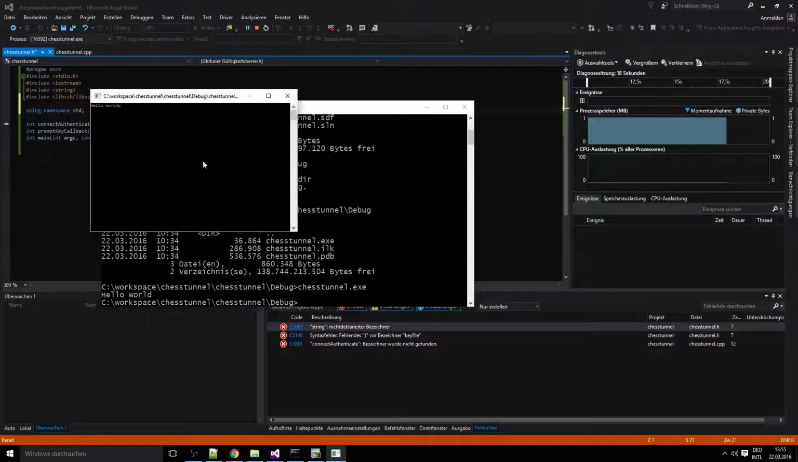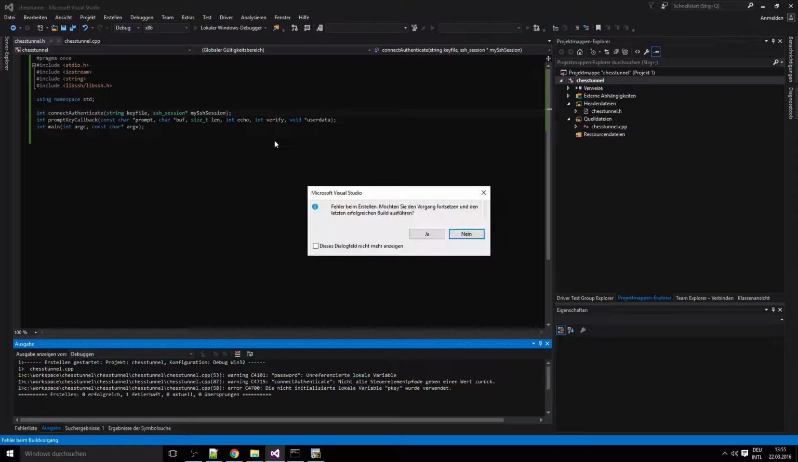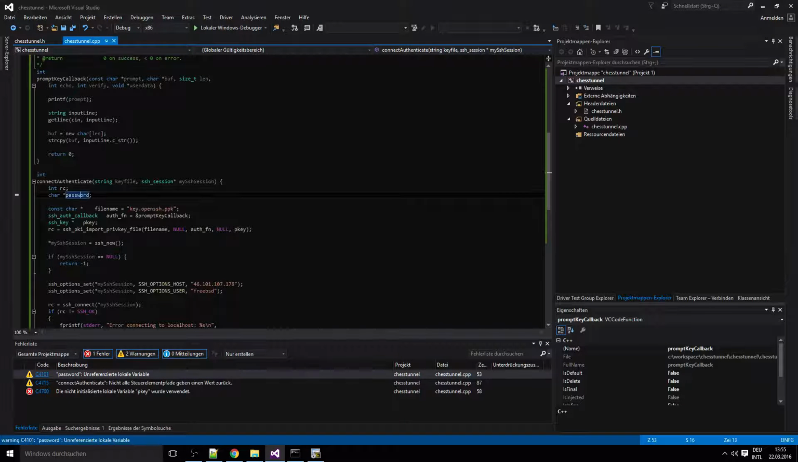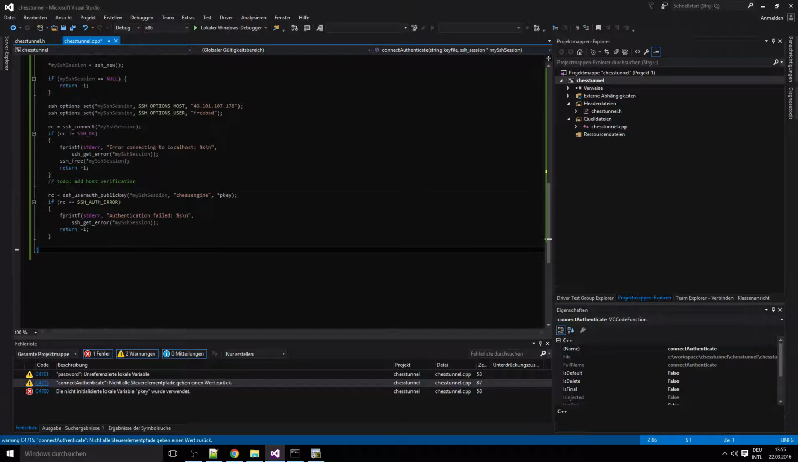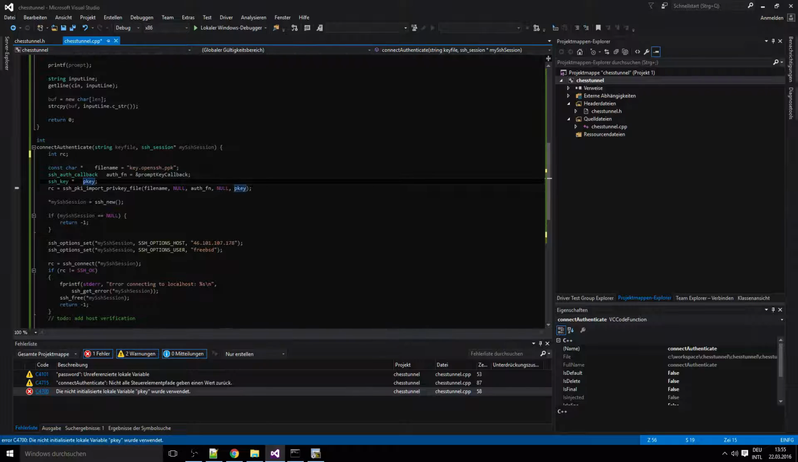Oops, this is the wrong one. I wanted to close this. Okay, let's try again. No, I don't want to. Okay, unreferenced local variable. This is only a warning. I don't really need to bother about it. Not all control paths return something. And we are using the variable pk that has not yet been initialized, which is unfortunate because